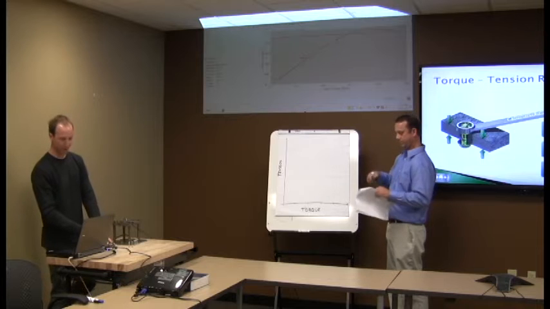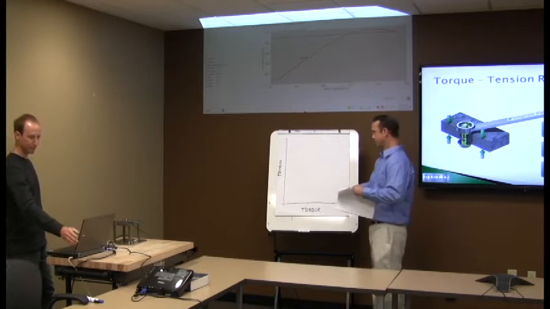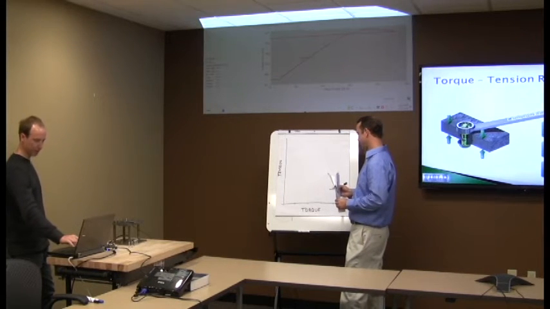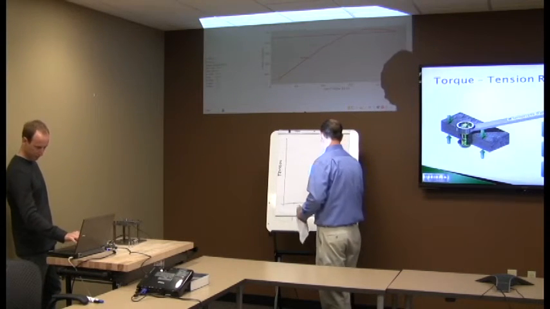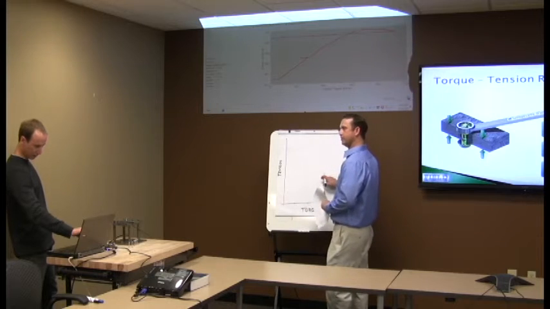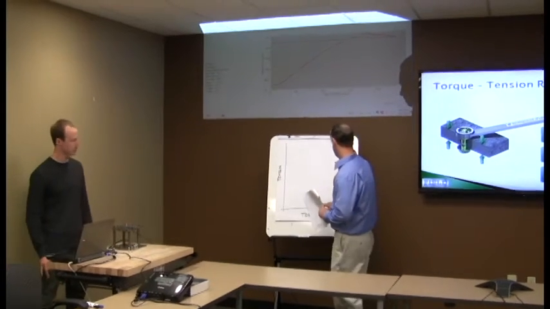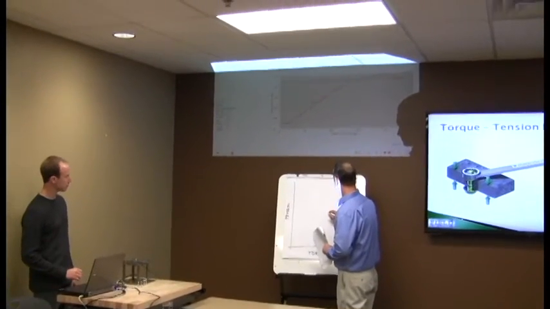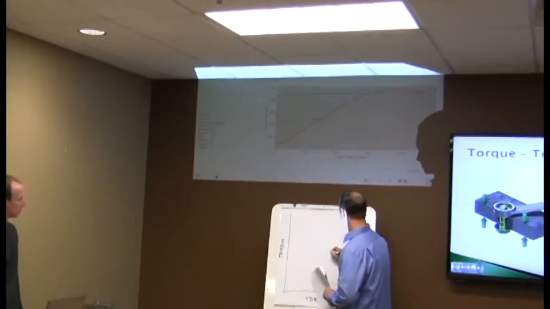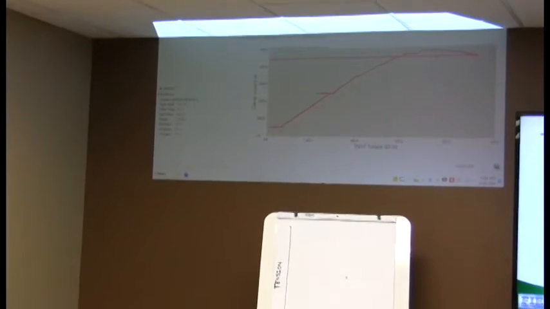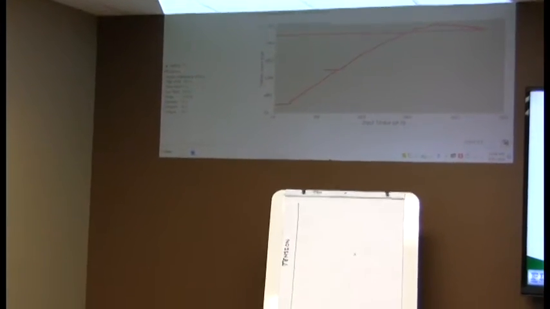Okay, so we get a graph that shows the yield point of this grade 5 hex cap screw, and it looks like it yielded right about 150 inch-pounds of torque and 2,700 pounds of clamp. So if we were to graph that, at one point Nathan got, you're right about there. So if we show that graphically,